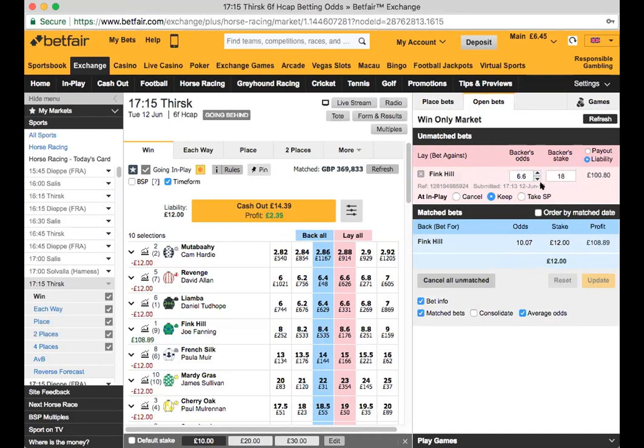And now I've got a bet which would give me £108.89 if I kept it as a £12 win bet. I see that the price has come in, so there's a few people confident that Think Hill has a better chance than when I first backed it. And I now think that it's got the pace to get out in front and be prominent, at least, if not leading,